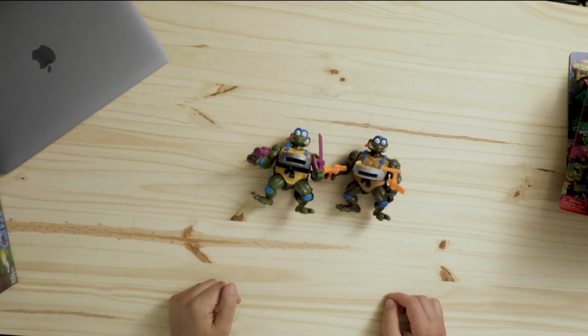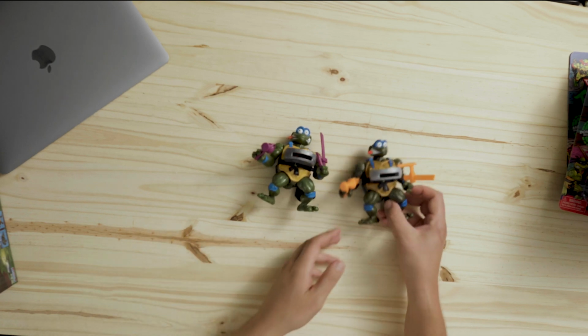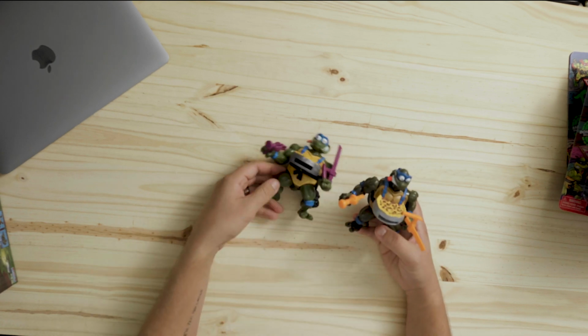Even if you tell me I'm wrong in the comments, I'm going to tell you you're wrong. These are the best packaging they've ever made. And if you get the Japanese releases of these, those are awesome. But let's start out with these pizza tossing. I love anything that tosses pizzas, but we've got